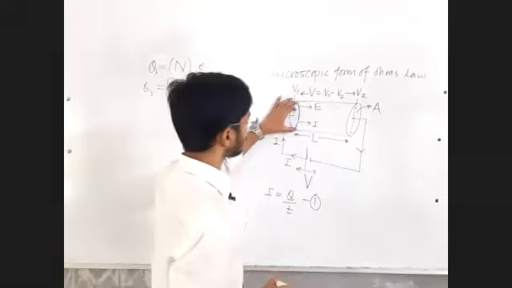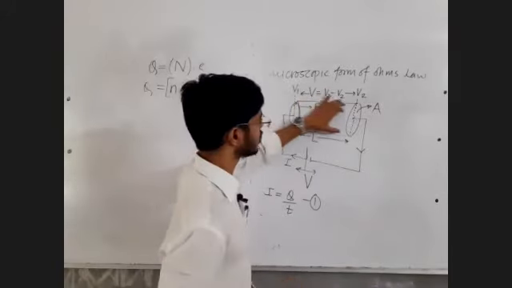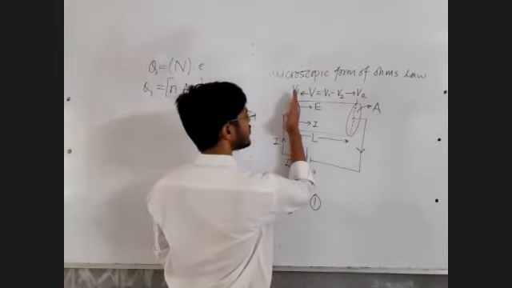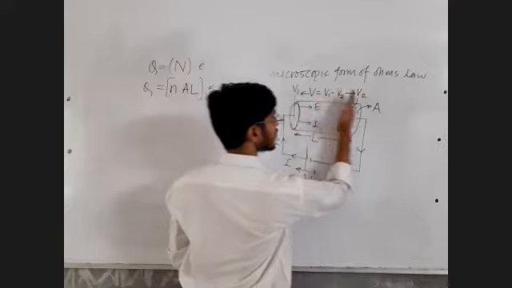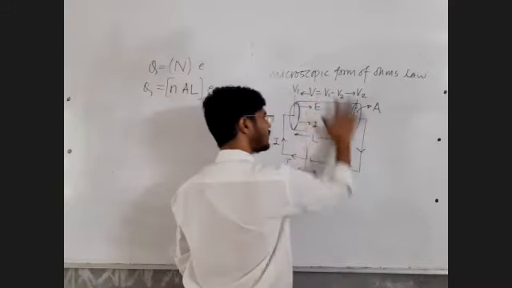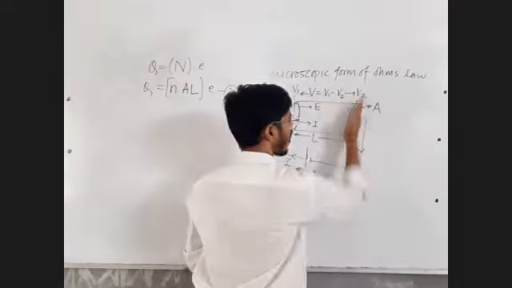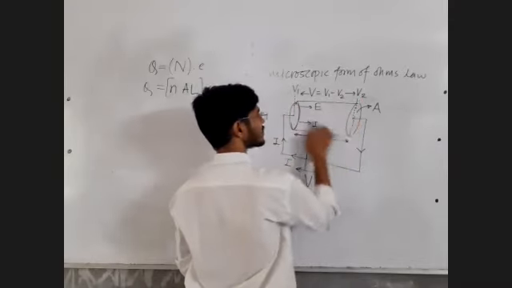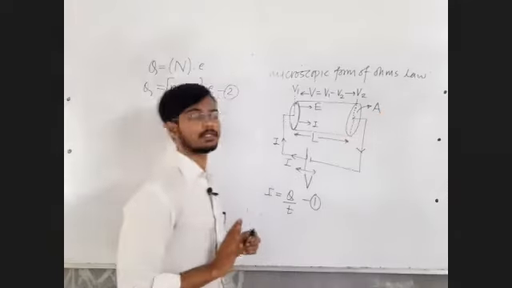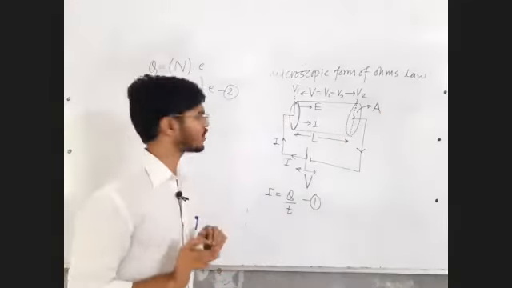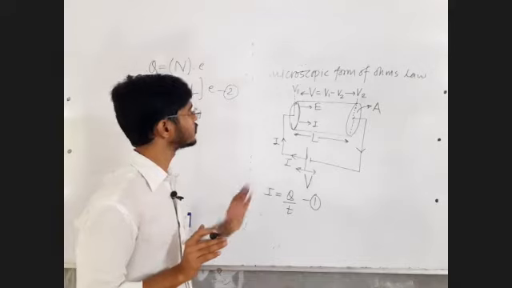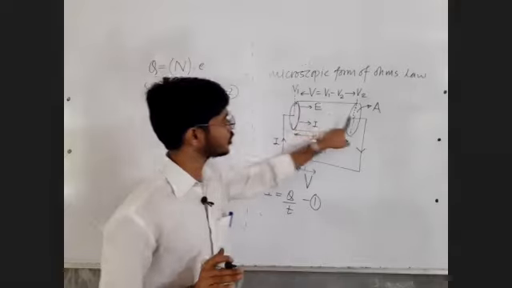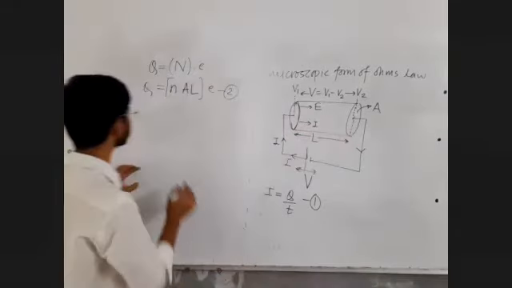What is the time required by this entire charge to cross this cross section? Sir, when these electrons reach this point, all the electrons will have crossed this cross section. When the electrons here reach this point, all these electrons will already have crossed. So we can simply find the time required for the journey from this point to this point. That is a very simple task.